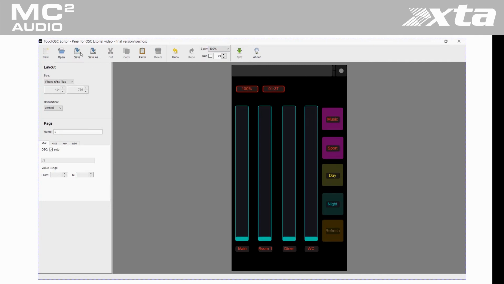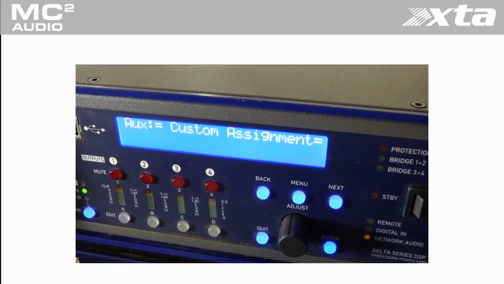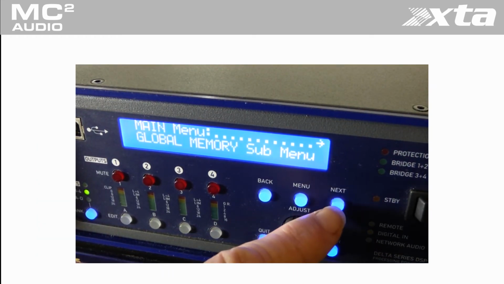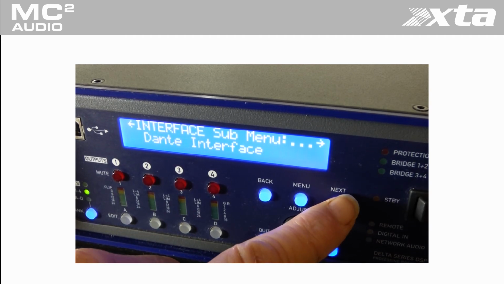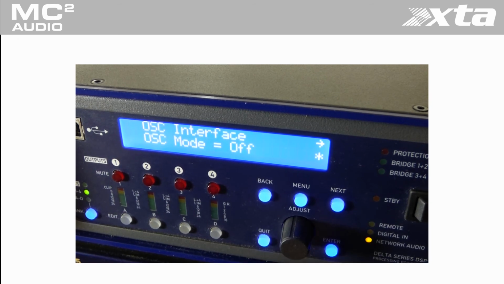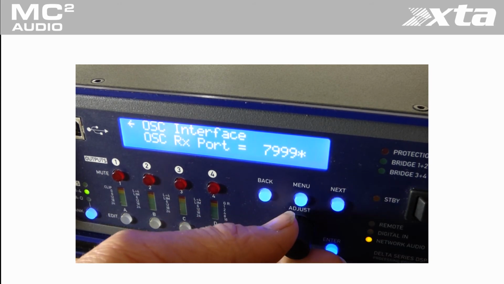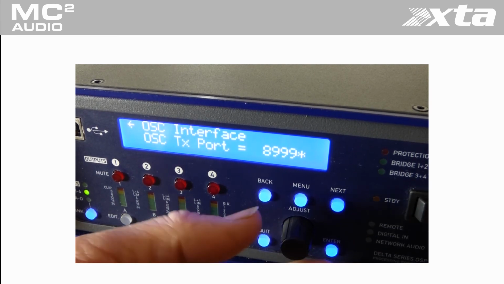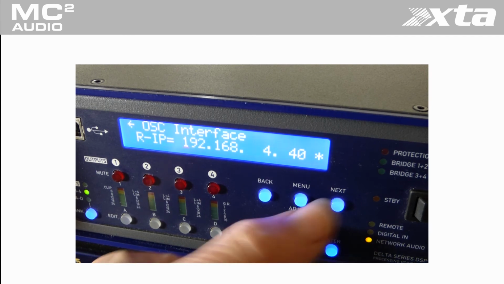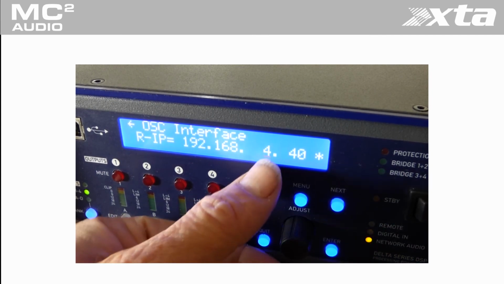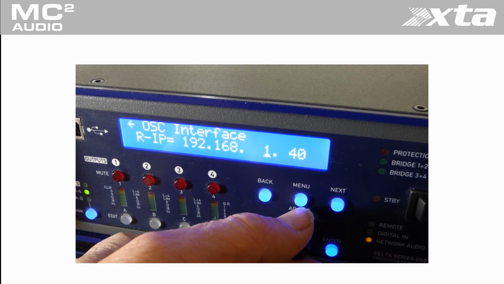While that mail is en route to our smart device, let's configure our amplifier's OSC settings. Use the front panel interface to enable the OSC option in the interface menu. When this interface is enabled, you will be prompted to configure the following: OSC RX port, the port the amplifier listens to commands on, 8000 in our case; OSC TX transmit, the port the amplifier transmits its status on when asked, 9000 in our case; IP address, this is the IP address of the smart device running the OSC panel, in our instance